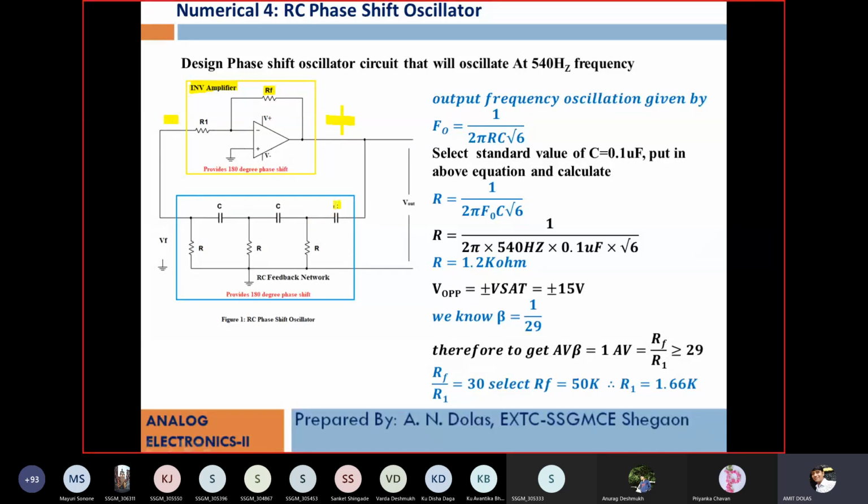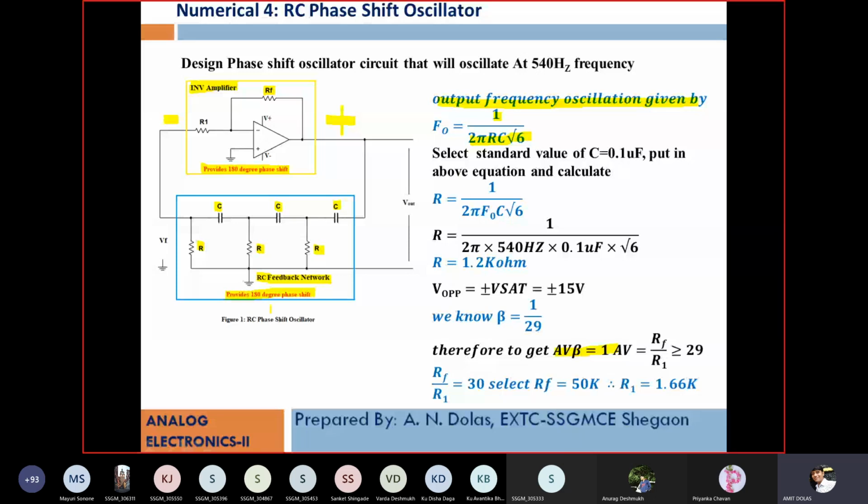And the remaining 180-degree phase shift is provided by the RC feedback network, where we have 3 RC pairs, RC, RC and RC, wherein the R values are the same and the C values are the same. Then the output frequency oscillates at f0 equal to 1 over 2 pi RC under root of 6. So here 180 and 180, a 360-degree phase shift is provided by this network, and loop gain is equal to 1. That has to be kept in mind, that is A beta is equal to 1, because gain calculation is